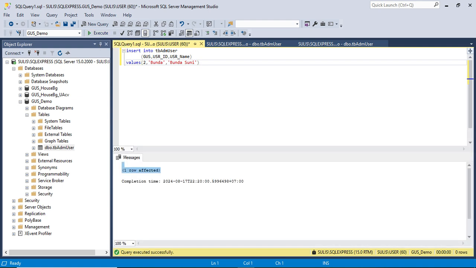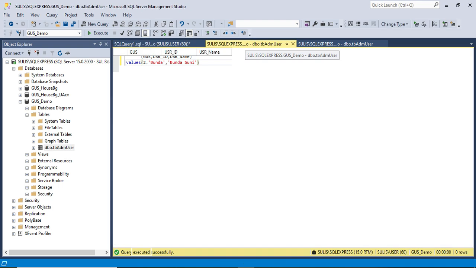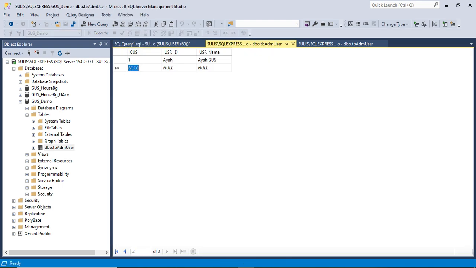See, it's a success, 1 row affected. Now let's check the data in this table. Okay, let's refresh the data. Execute SQL. You see the data is now already in this table.